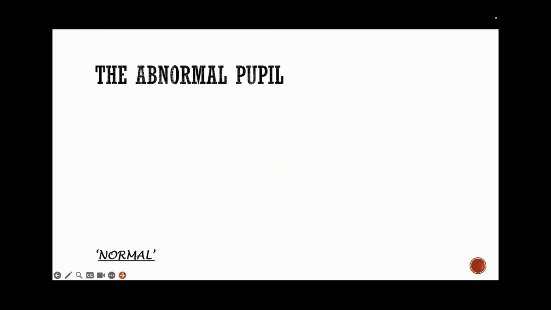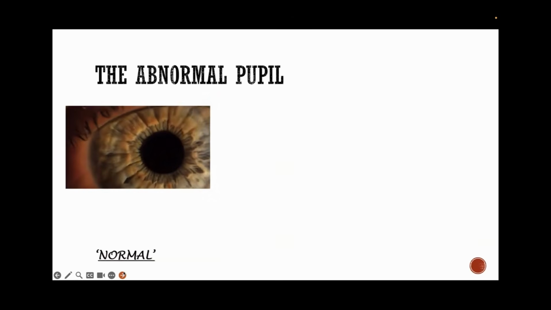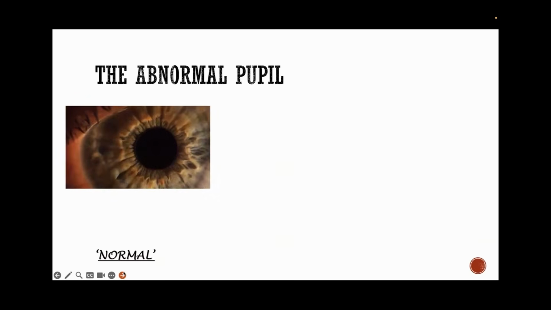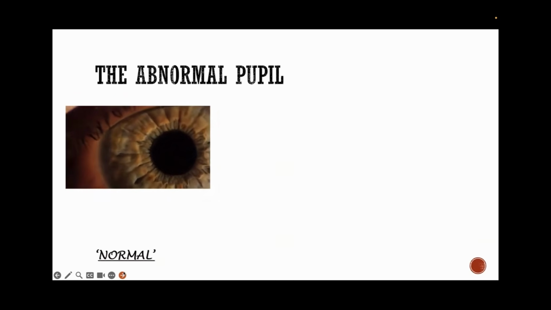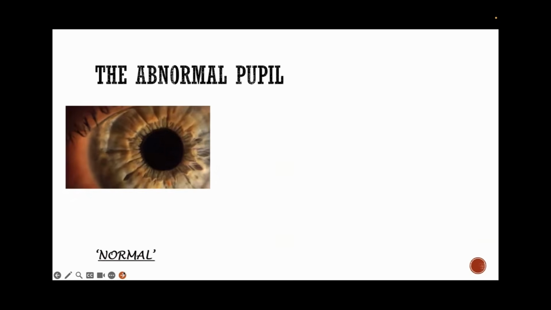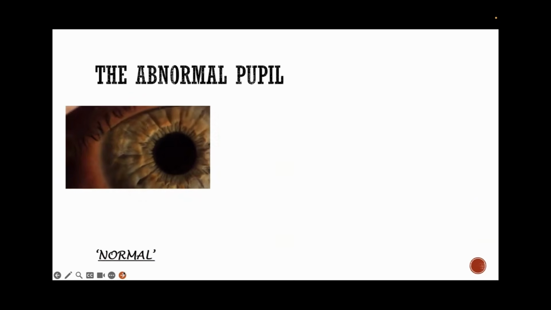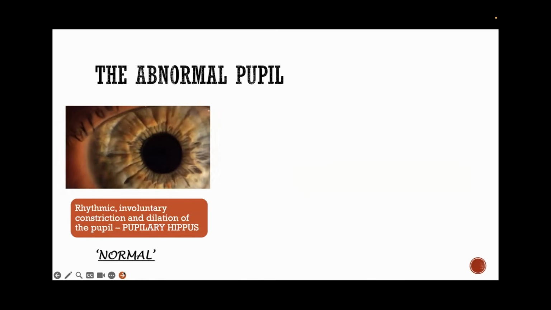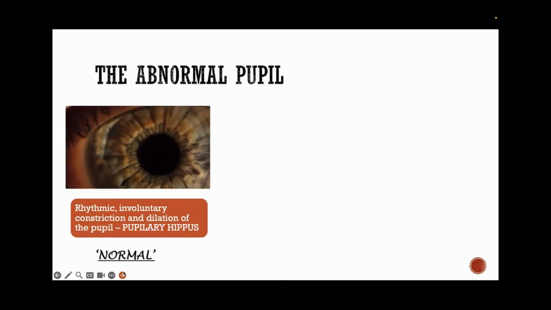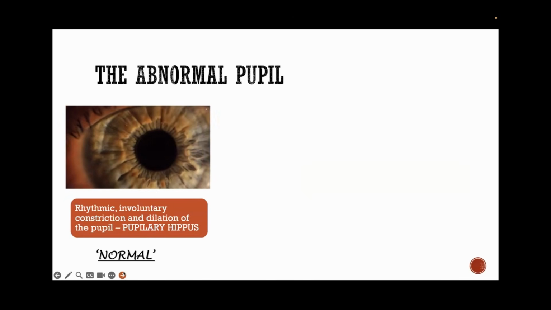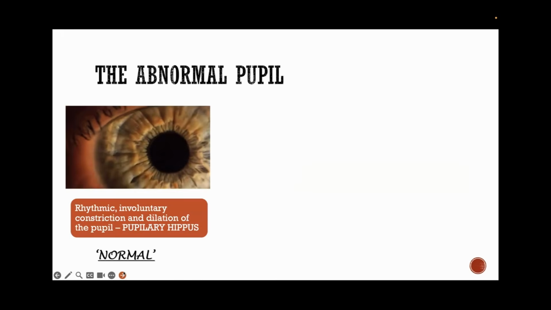Now we come to the next abnormal finding we see in our OPD, the pupil. First of all, some very normal pupils get labeled as abnormal. This is a pupil which is called a breathing pupil. It is symmetrically contracting and dilating, irrespective of the changes in the light. This is called pupillary hippus, which is rhythmic, involuntary, and irrespective of the light changes. So first, this is to be clarified because this is not an abnormal pupil and it gets labeled as abnormal